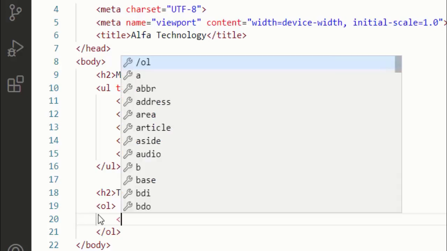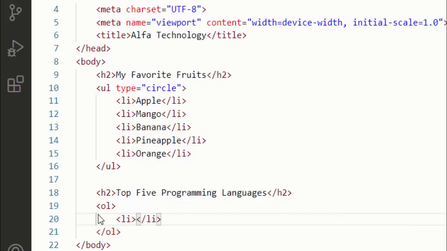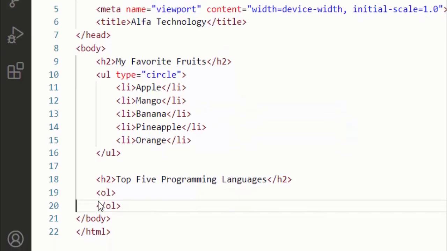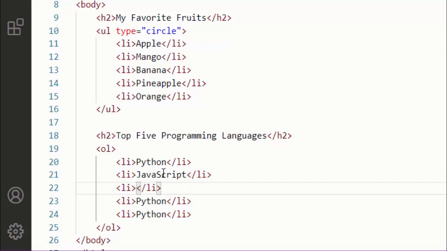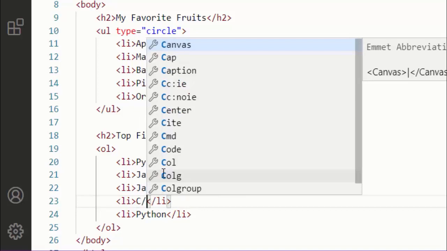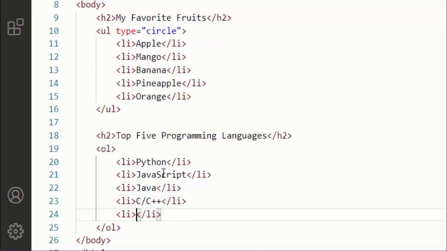Here we will type the items. We will write li, and here I will write Python, number 1. I will copy and paste it 5 times. You can press Ctrl C and then Ctrl V to copy and paste. After Python we have JavaScript, then Java, then C or C++, then Go.